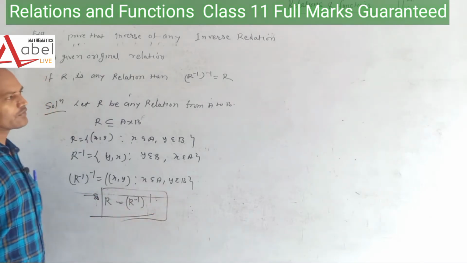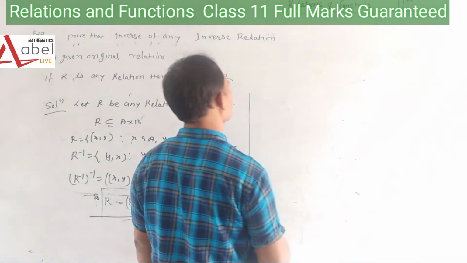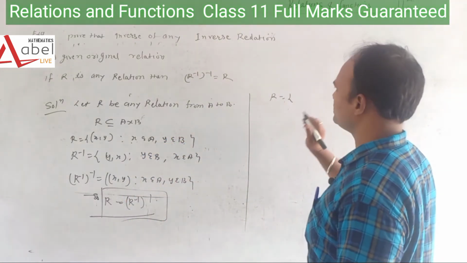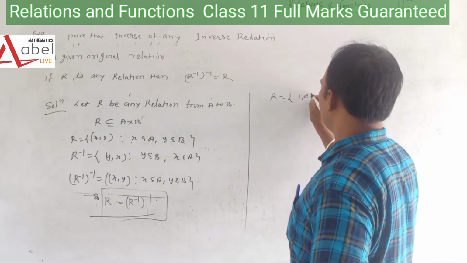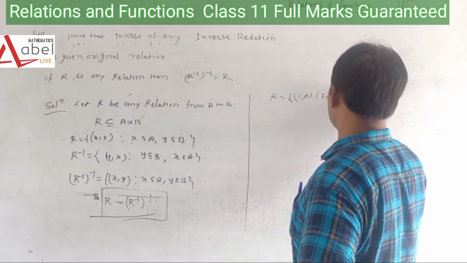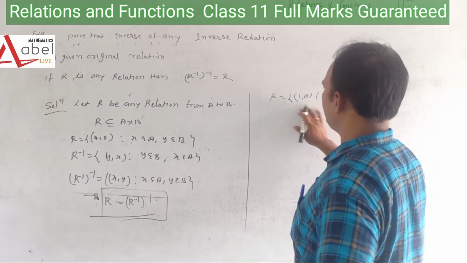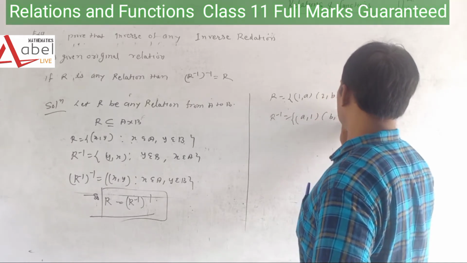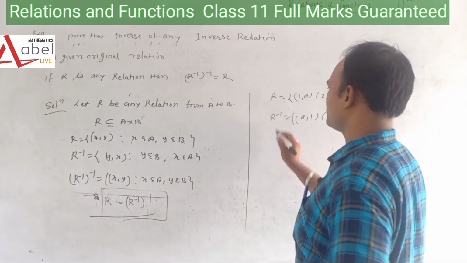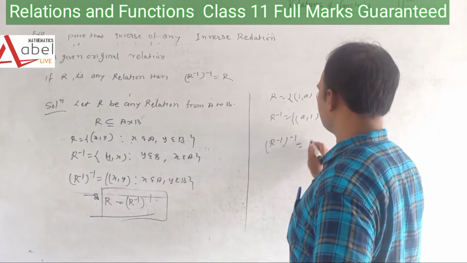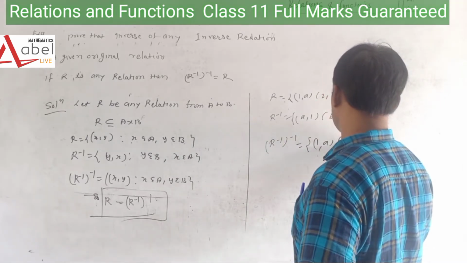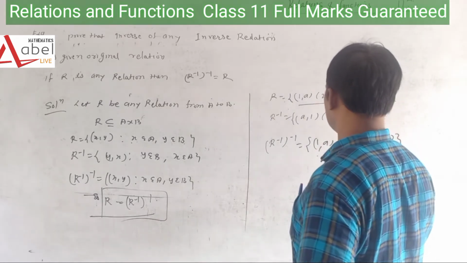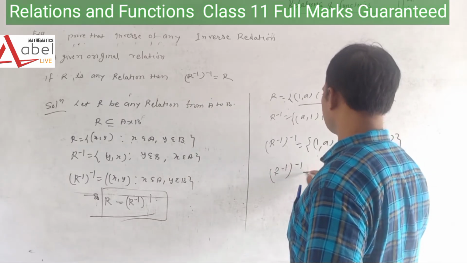So we can say that it is proved. You can also prove it by taking a specific example. Let R be another relation. Suppose R is {(1, a), (2, b), (3, c)}. If it is R, then what is R inverse? We know that it is {(a, 1), (b, 2), (c, 3)}. It is clear. Now we again find the inverse, so it is (1, a), (2, b) and, doing the opposite again, (3, c). So it is the same. So we can say that R inverse to the inverse equals R.